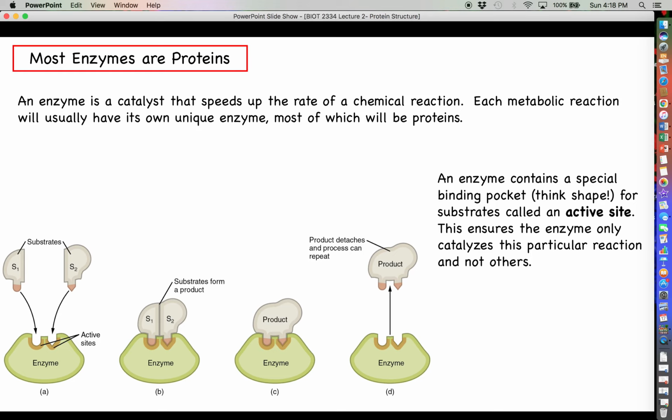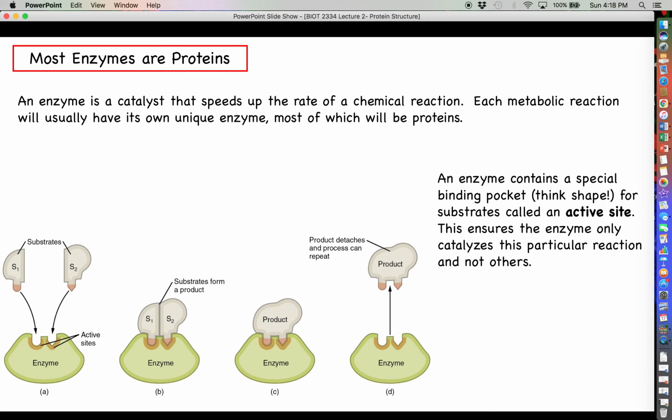Okay, so first, just a little intro on enzymes. So an enzyme, again, is a catalyst that speeds up the rate of a chemical reaction. Each metabolic reaction will usually have its own unique enzyme, again, most of which are going to be proteins. So a particular metabolic reaction, usually it's going to be far too slow in the absence of an enzyme. So a lot of our proteins in our body are enzymes that get our chemical reactions to go inside and